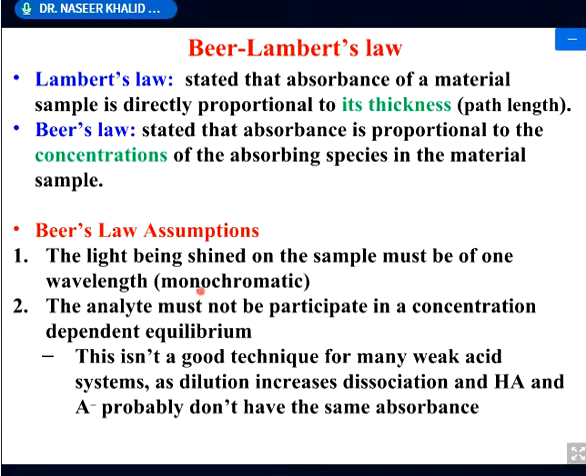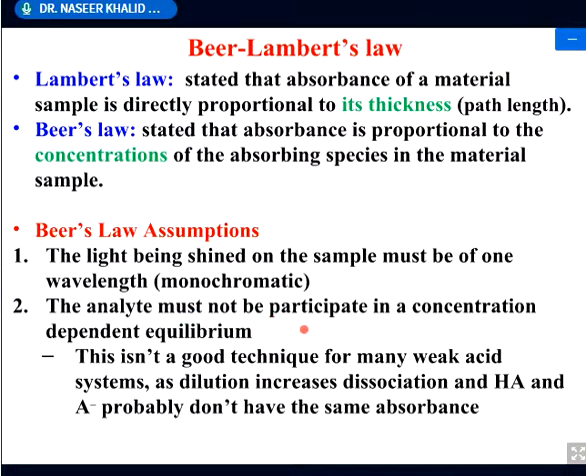Now, the assumptions of this law: it is obeyed when the light shined on the sample has one wavelength. It should be monochromatic light. This Beer's law holds good when we are using monochromatic light, that is, light of one wavelength only. The other thing is that Beer's law obeys very well when the analyte